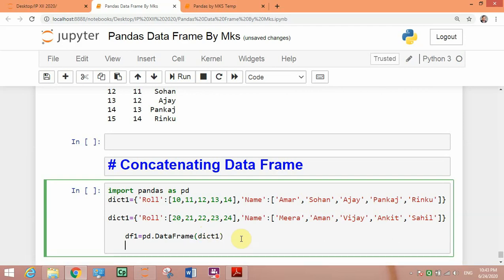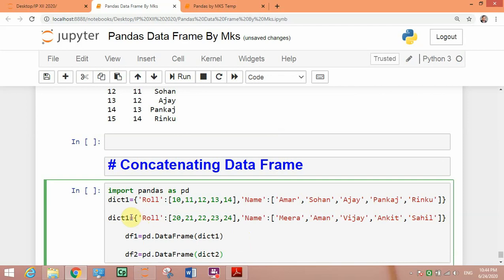Second one I will write df2, data frame 2 equal to pd dot DataFrame dict2.